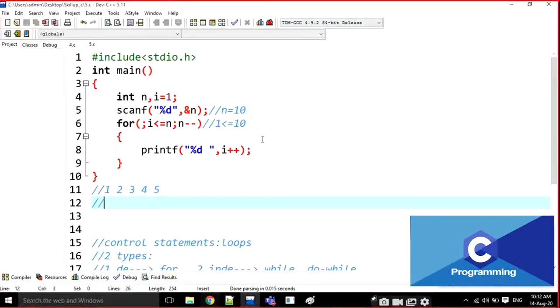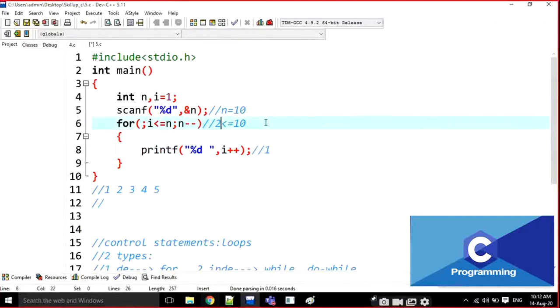First of all, I am going to trace how it is working. Only 80 members are there, but only 2 members are answering, right? First of all, what is I value? I becomes 1. 1 is less than or equal to 10. Is it true or not? Yes, it is true. Then it prints 1.